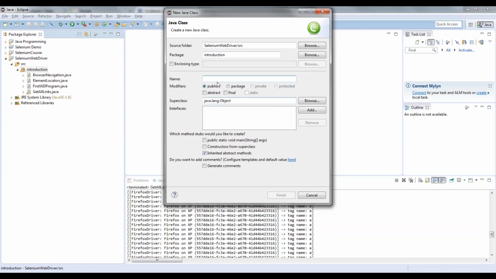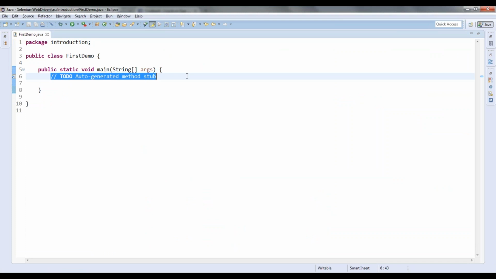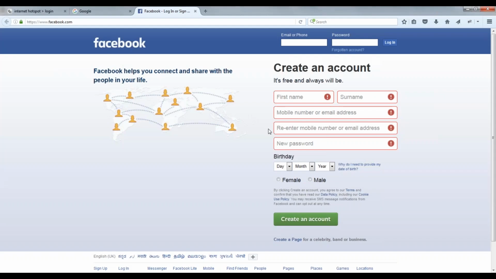Let me create the first demo class, and I will add the main method. So this is my basic class. Now the requirement is, I want to come to this page and enter some values inside these fields.